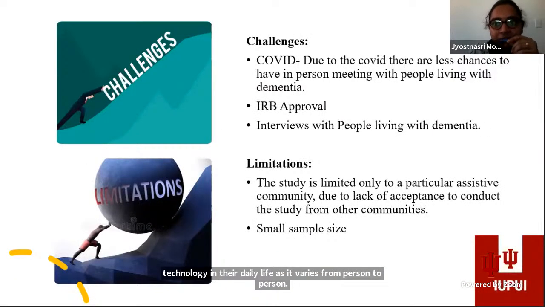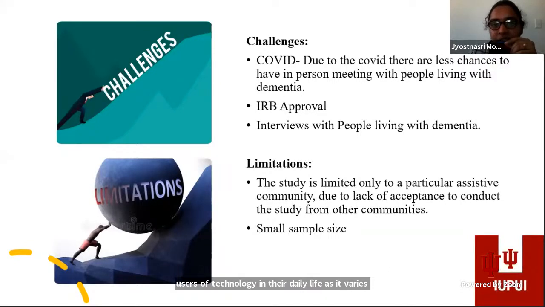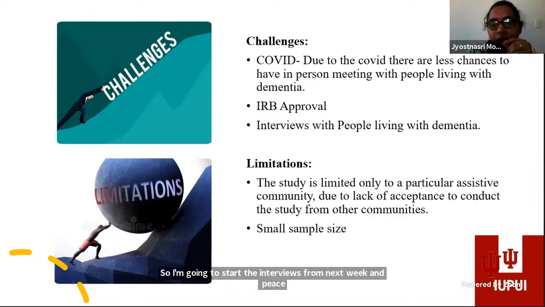The challenge faced for this study is COVID, because due to COVID, we are not able to meet the people living with dementia or caregivers in person to have the interviews and IRB approval. We almost took about 6 months to get the IRB approval for the study, and we just got it last week. So I have not started my interviews, so I don't have any results for the study. I'm going to start the interviews from next week, and we started recruiting the people living with dementia